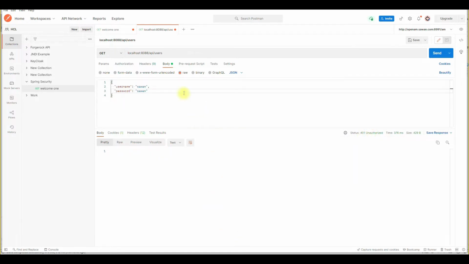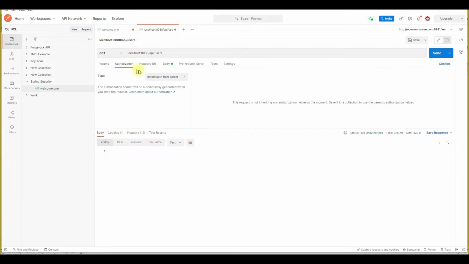You will see a 401 unauthorized error, right? Because now we implemented Spring Security, we need to pass the authenticated user for this particular API, because we didn't mention which type of role or which type of API we don't want to secure. So by default all the APIs present in the application will be authenticated.